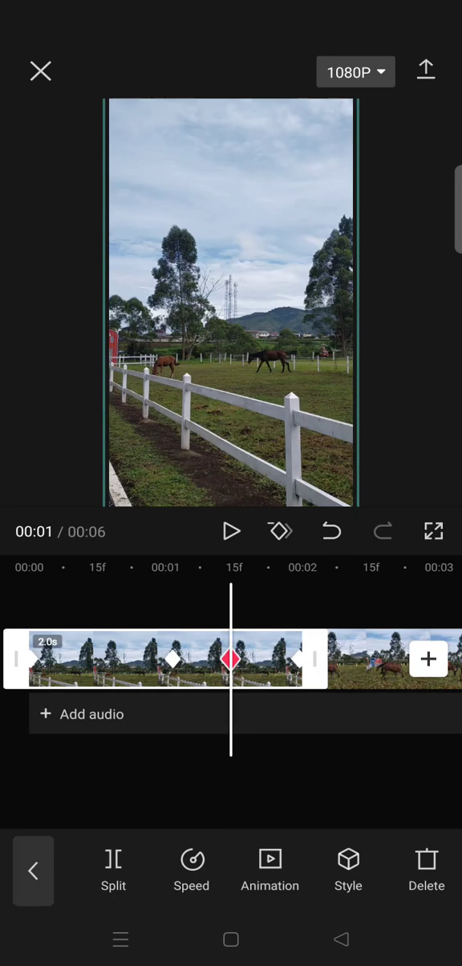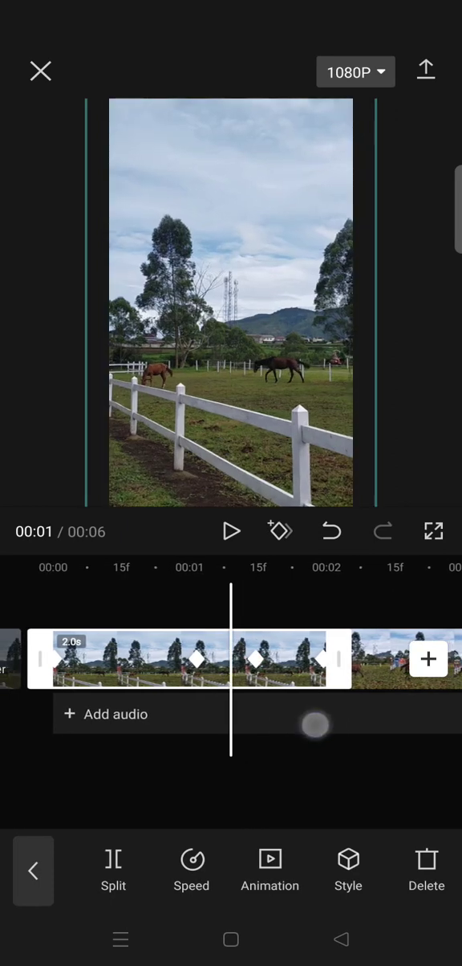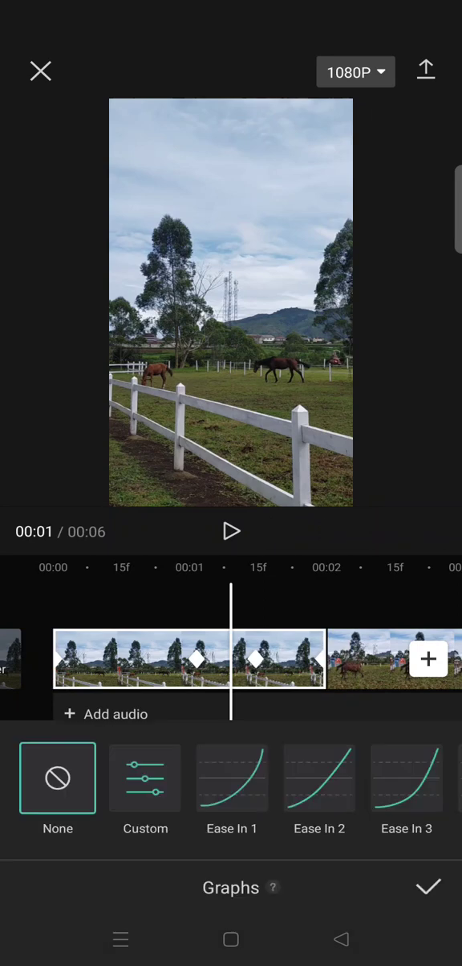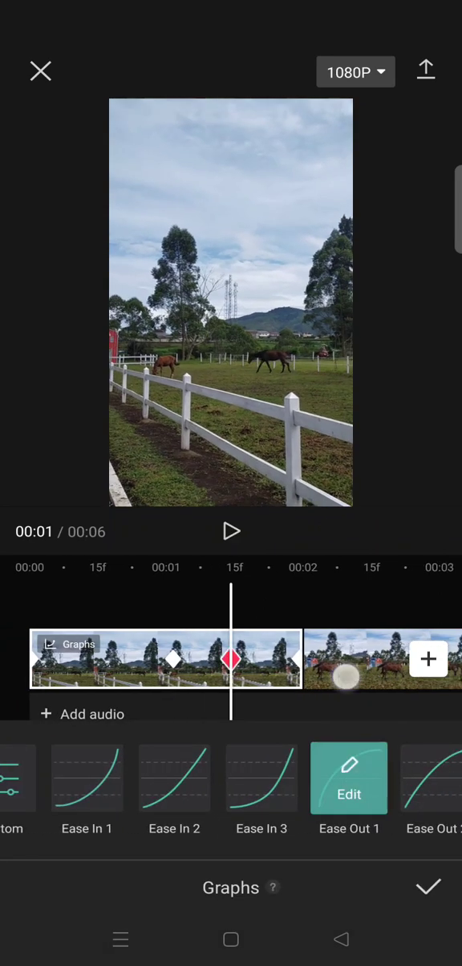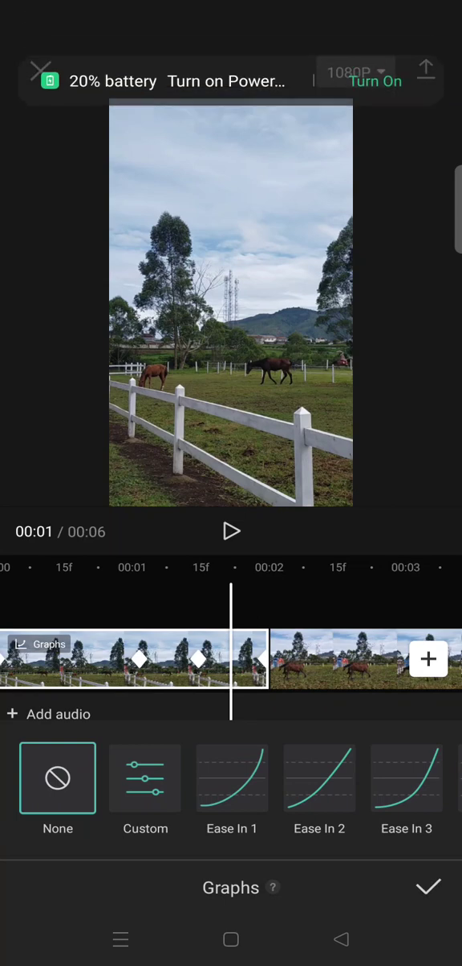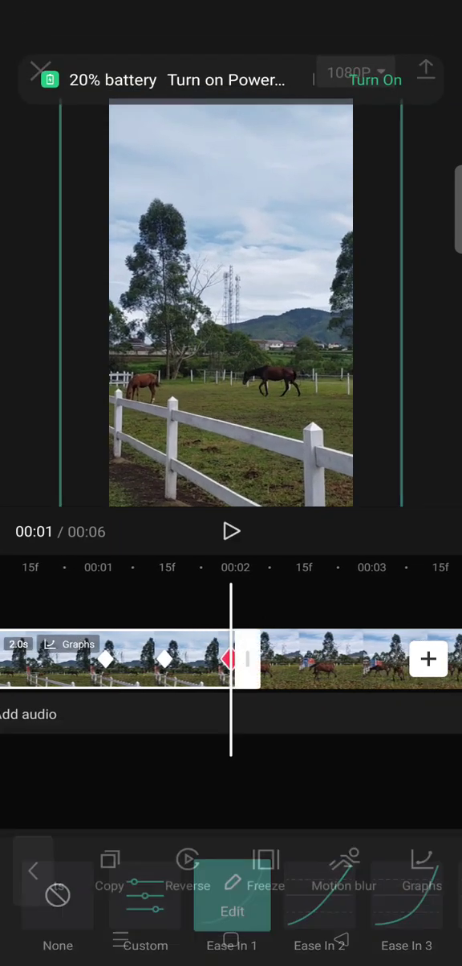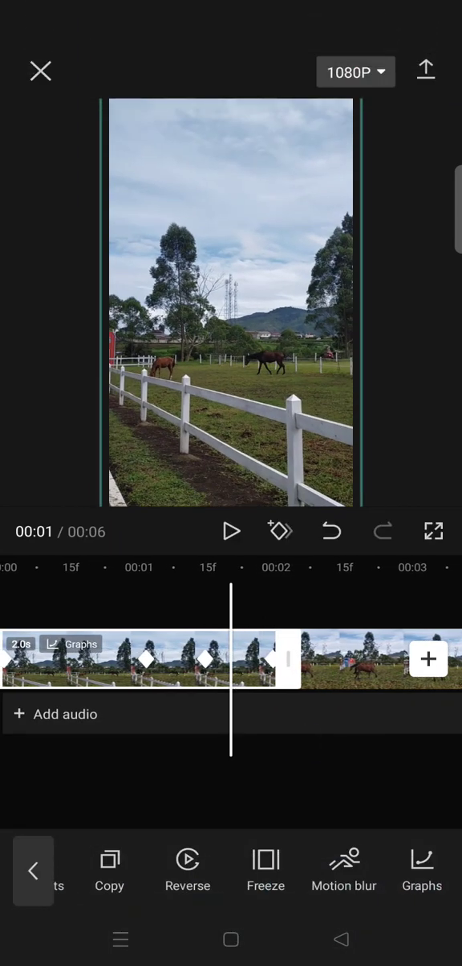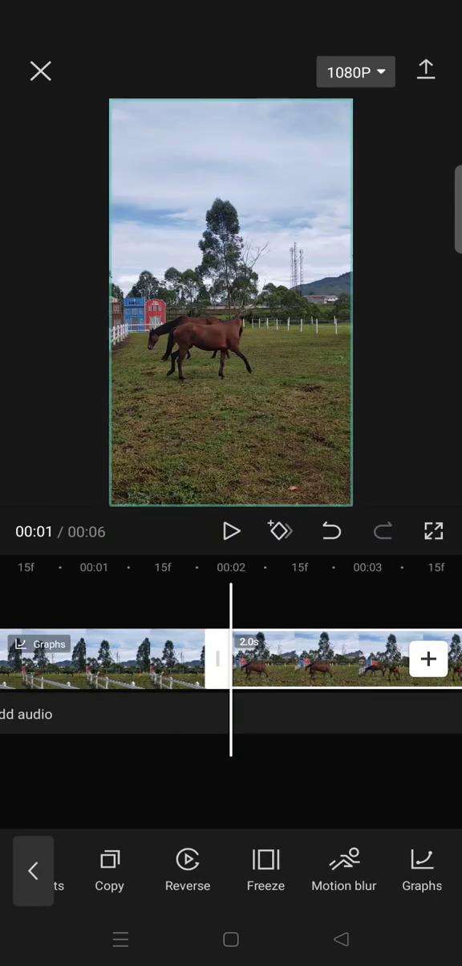and after that go in between the second and third keyframe and go to grab, select the ease out one, and for the last two keyframes select ease in one. Click on a check icon and now move to the next clip, add 2 keyframes at the beginning